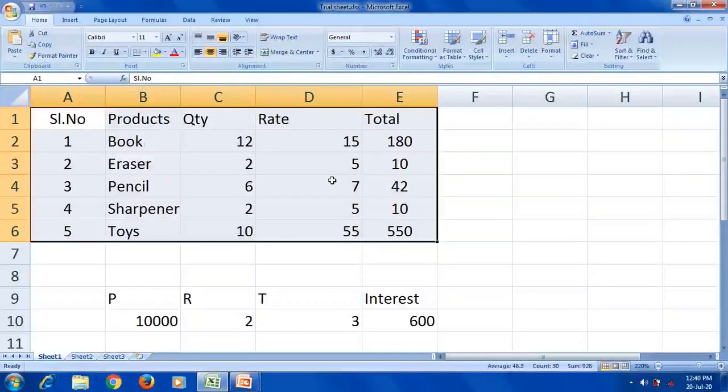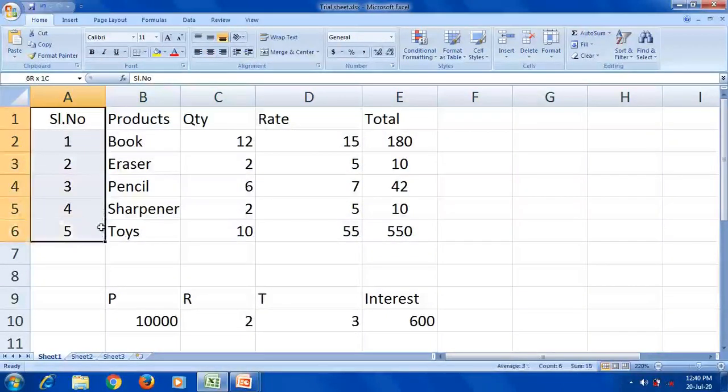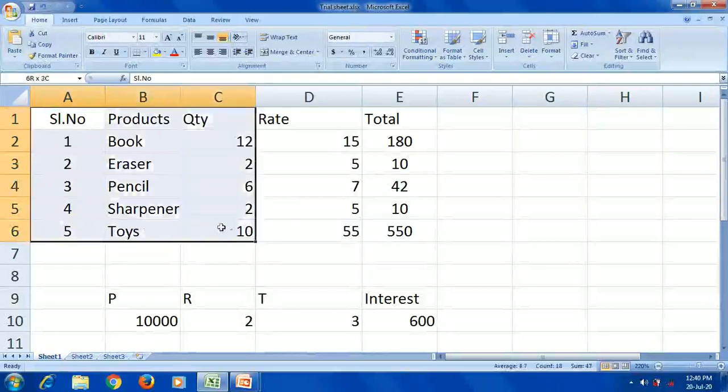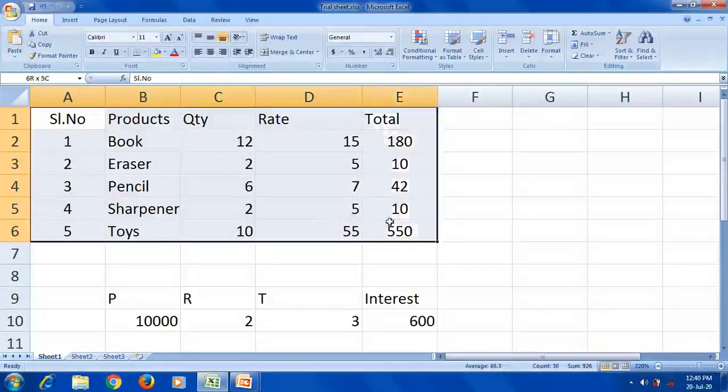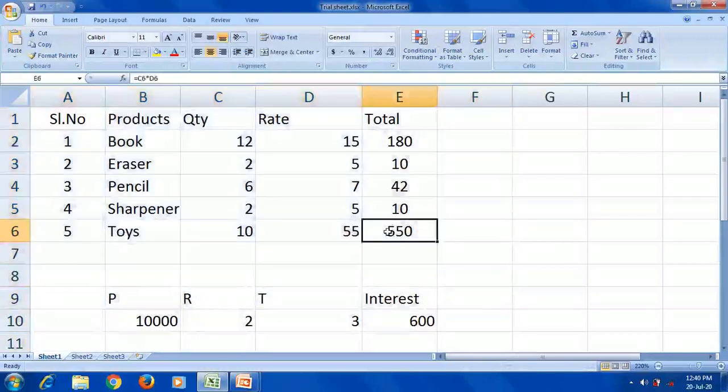This range can be used in a formula. Got it? Now how to select a range? Just hold the left mouse button and drag it down. When you drag it down, the cells will be selected downward, and when you drag the mouse towards adjacent cells, the range will be expanded. Understood? So this is the way to select a range.